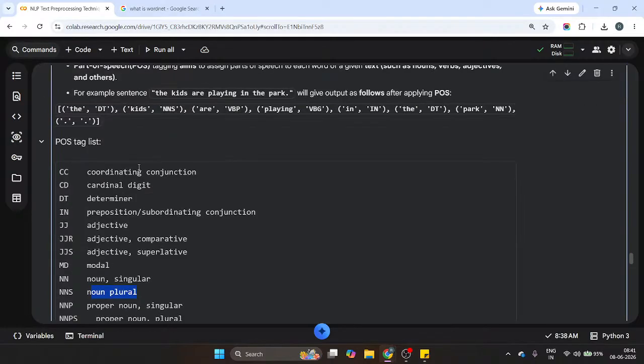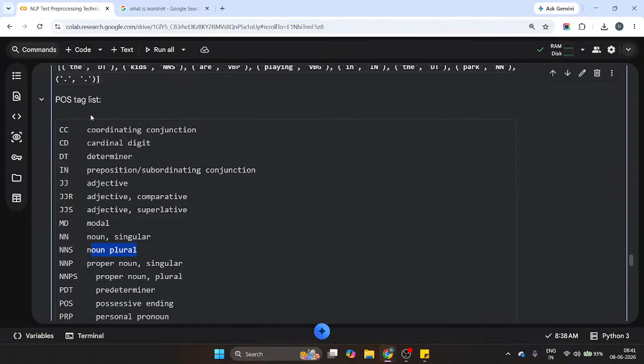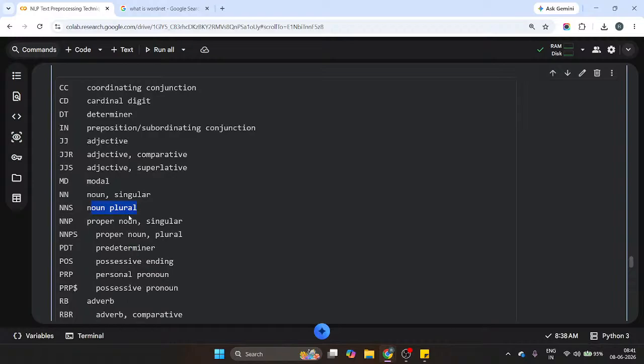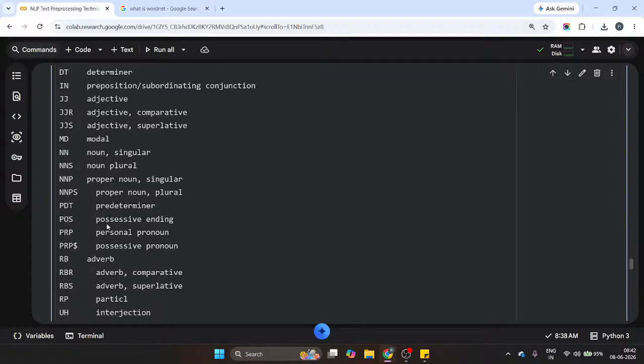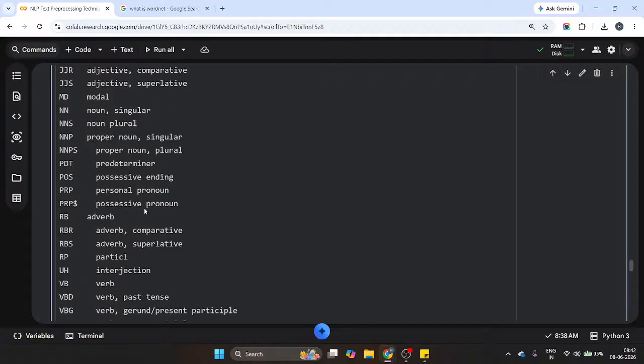So these are the part of speech tag list. Coordinating conjunction, cardinal digit, determiner, preposition, adjective, comparative adjective, superlative adjective, model, noun singular, noun plural, proper noun, proper noun plural, predeterminer, possessive ending, personal pronoun, possessive pronoun, adverb,